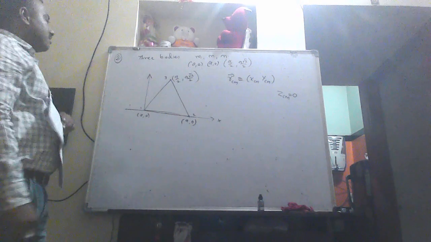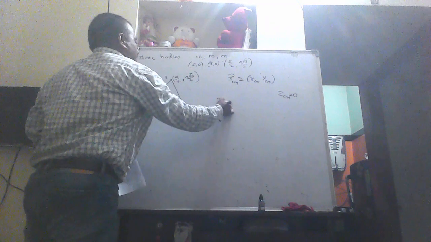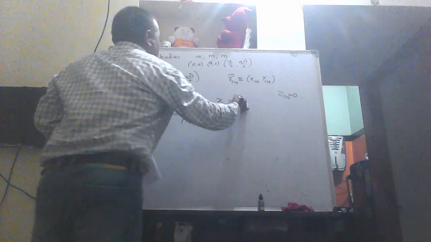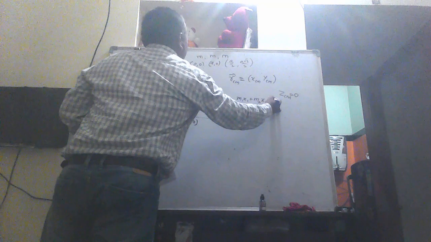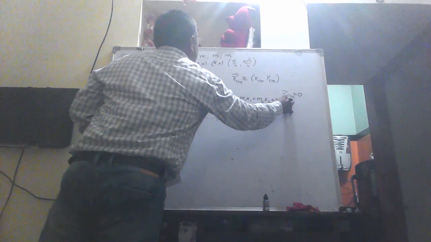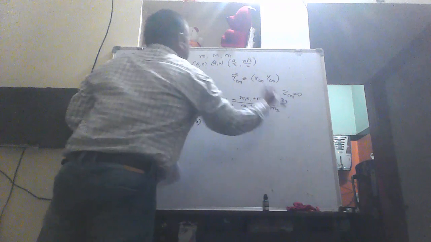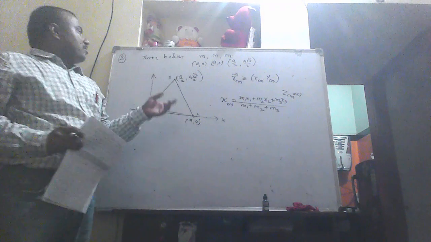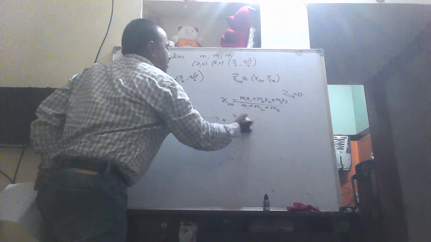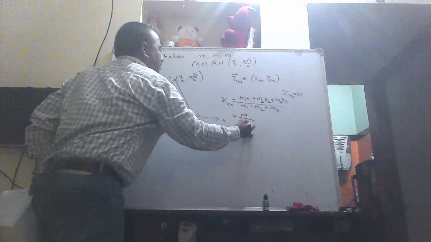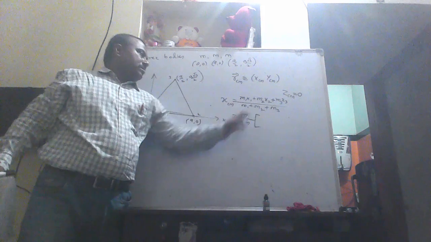Then how to calculate the center of mass of the three particles? Very simple. Use the direct formula to get the answer. X center of mass is equal to, what is the formula? m1 x1 plus m2 x2 plus m3 x3, divided by the total mass, m1 plus m2 plus m3. This direct formula you can use and you can solve it. What if all have equal mass? Equal mass means you can take this mass as m, common, m plus m plus m as 3m.